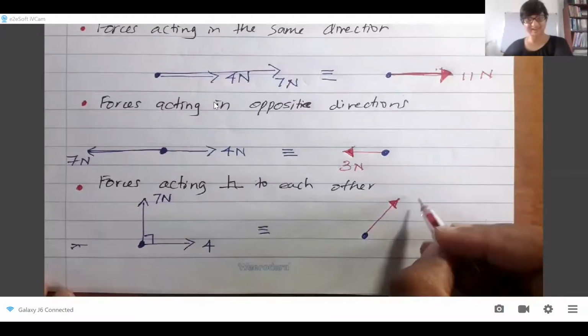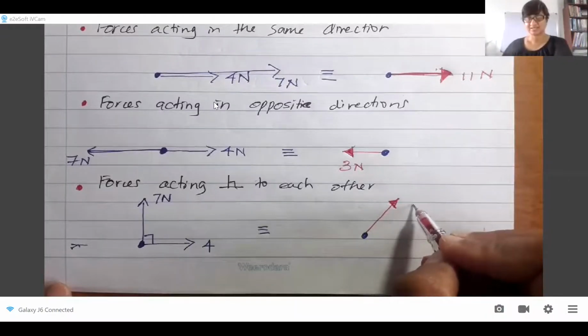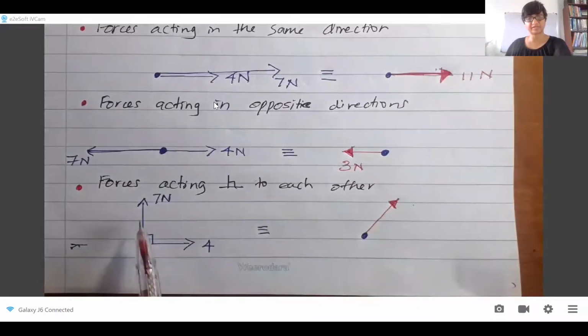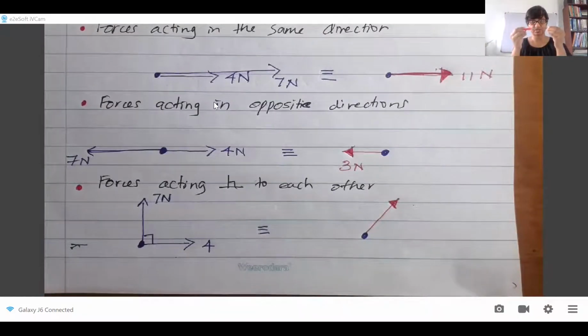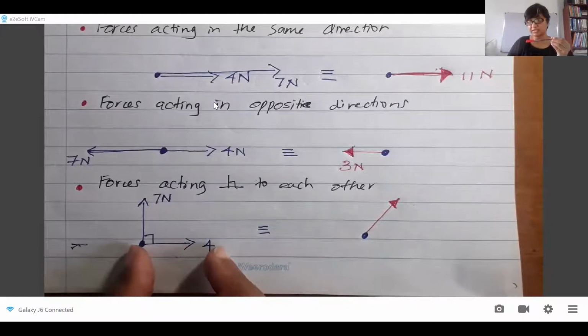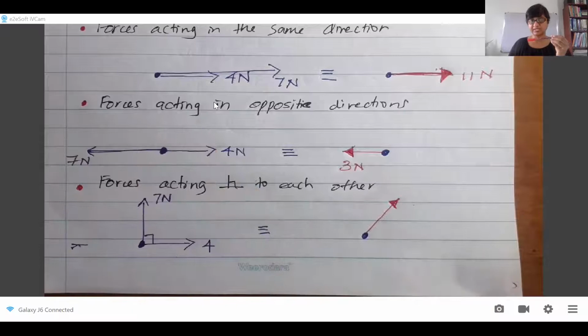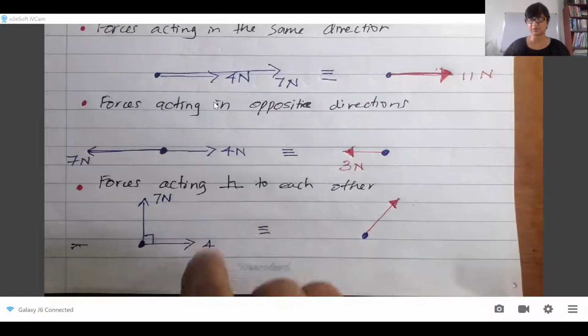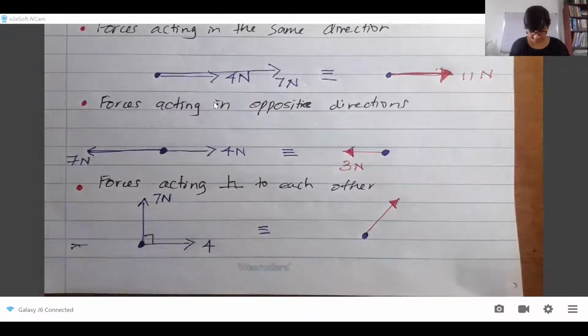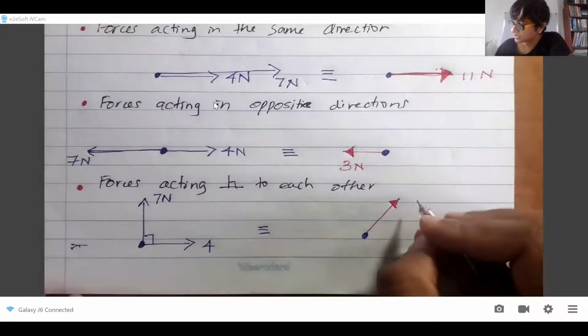So how do you find that? What's the size of this? This follows from a geometrical concept, because forces can be represented with arrows whose length represents their size. So these two forces I can show. This could be a line that is 4 centimeters long, for example, and that could be a line that is 7 centimeters long. They are perpendicular, and the resultant force is given by, this is called the Parallelogram Rule. You're not learning the rule, but the resultant is given by the Pythagoras Theorem. So the resultant here is